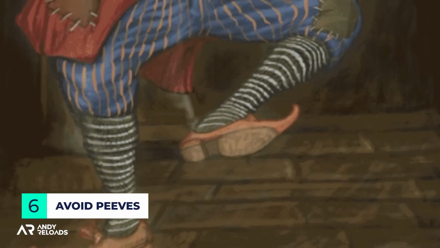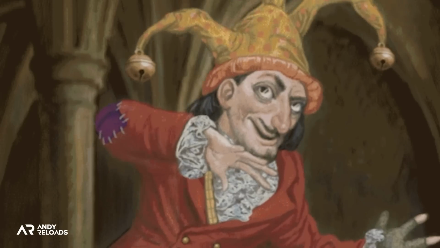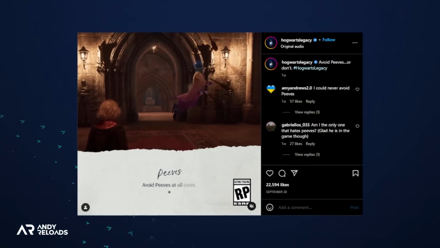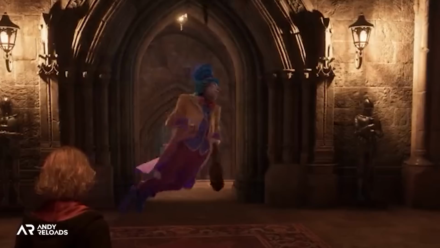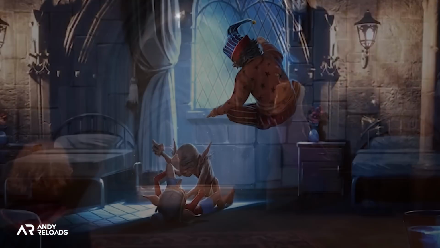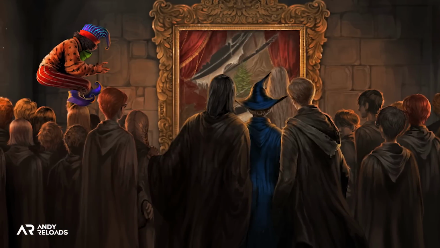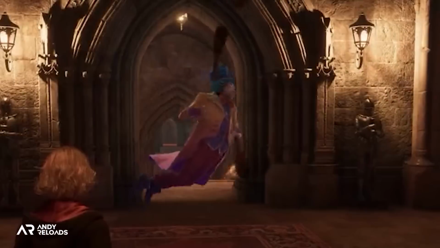Now, speaking of ridiculousness, Peeves, the infamous Hogwarts poltergeist that has been terrorizing the castle and its students since 993, will be appearing in this game, with the official Hogwarts tip telling us avoid Peeves or don't. And what this whole scene looks like to me is Peeves patrolling the entrance to this long corridor, and I've got a feeling we'll have a couple options ahead of us here off the back of that title alone, meaning we can either push forward and engage in Peeves' jester-based antics,